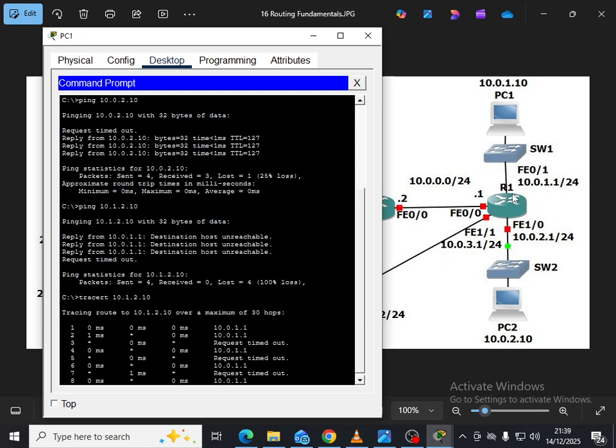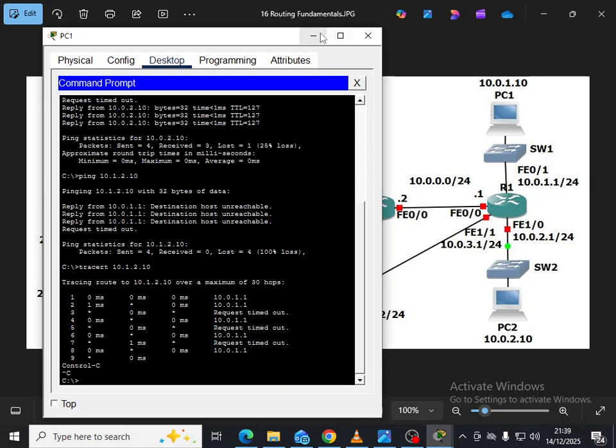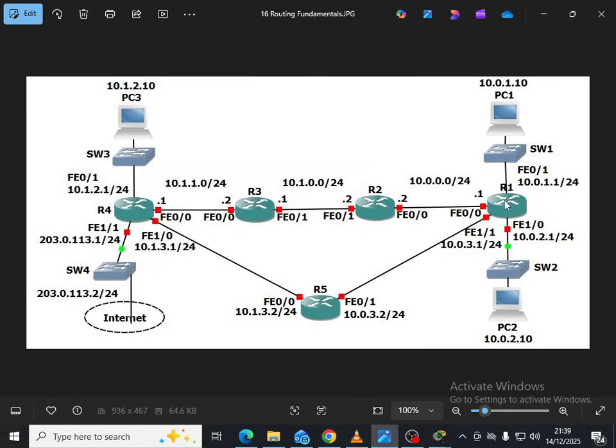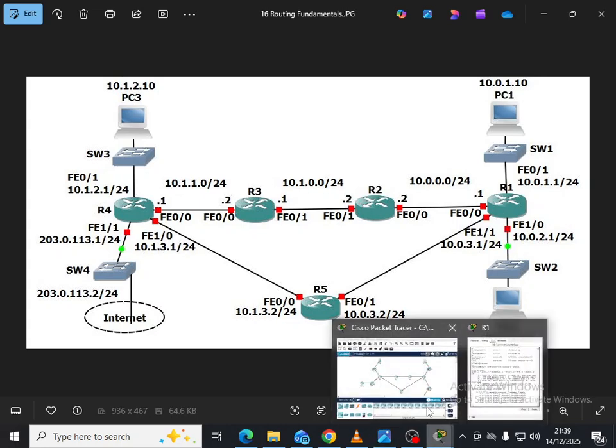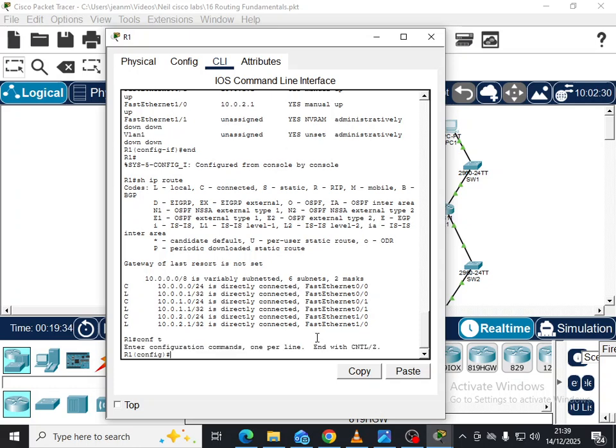It's stopping at router 1, right? It's not even going to router 2. It's just stopping here at router 1. So how do we fix this? We need to manually configure router 1 to know about these different networks, right? And how to get from PC1 to the PC3 network. And we have to do this vice versa, going to PC3 and from PC3 going to router 1 for PC1 and PC2. So right here, the command for that, we get to the conf t configuration for our router, and